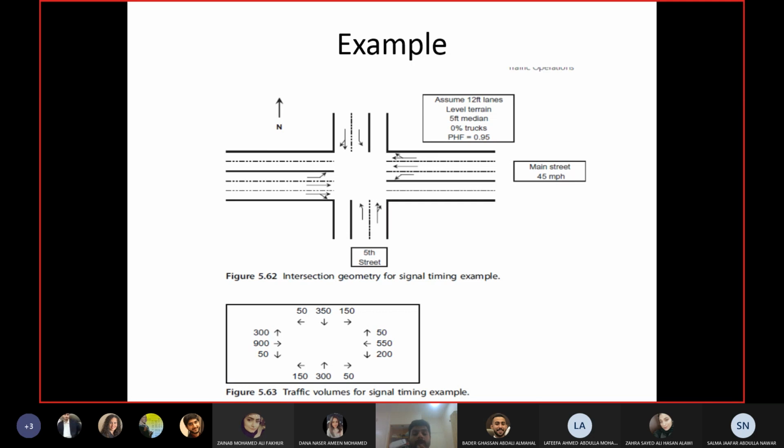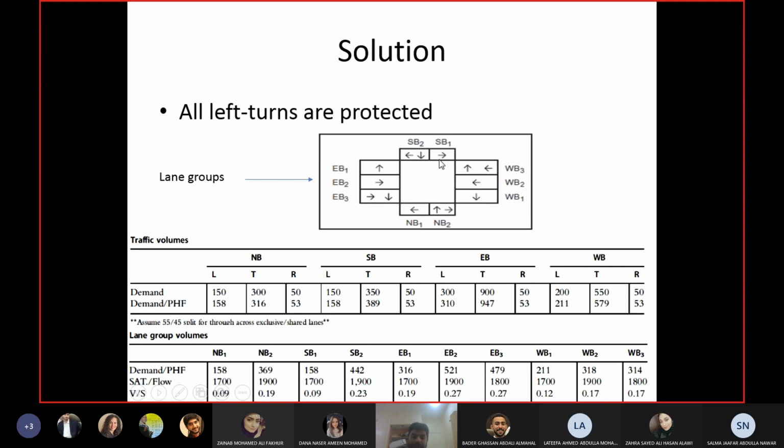Obviously it cannot be less than 1 and more than 3. How many movement groups we have? 1, 2 or 3? 2. 2, yes. 1 for this one, the left turning, and 2, the second one with the 2 lanes which are sharing the straight movement. Okay, they have a common movement, so they will be in the same lane group. Okay, for the north south, no problem, 2 lanes, 2 lane groups, because there is no common movement between them. Okay, so we have the lane groups now.